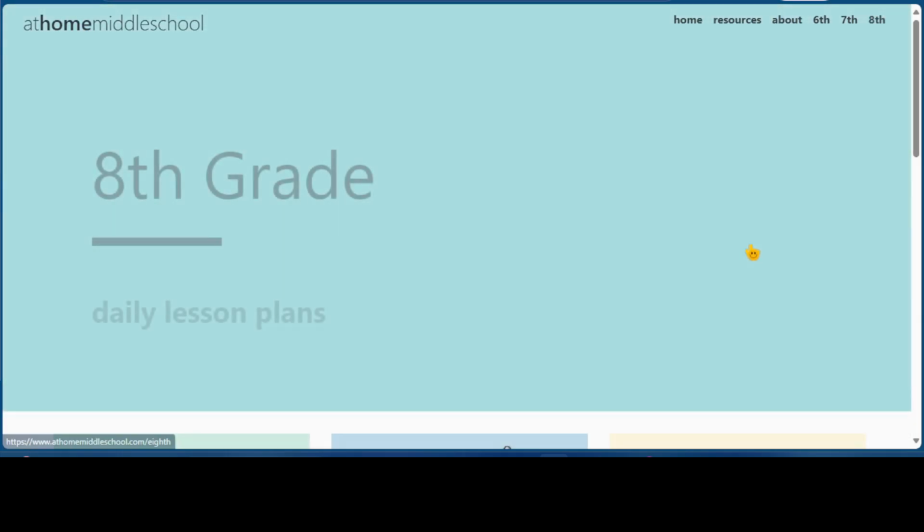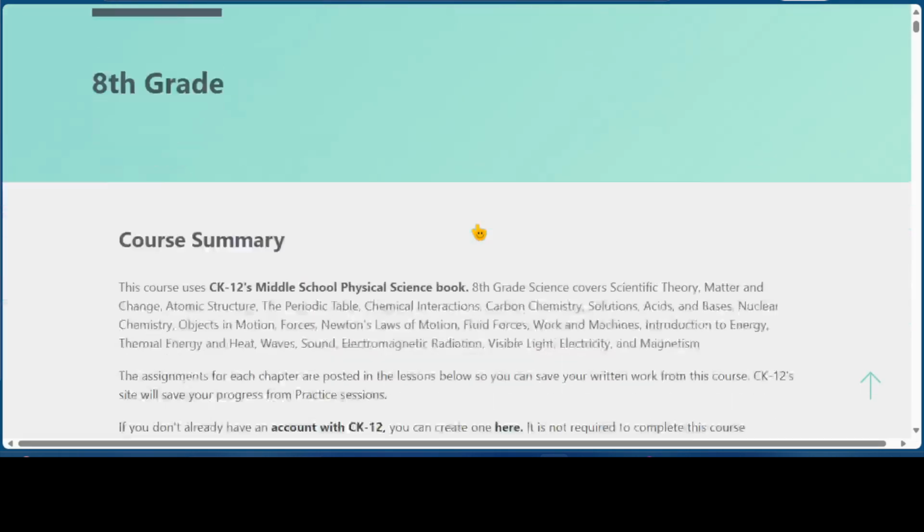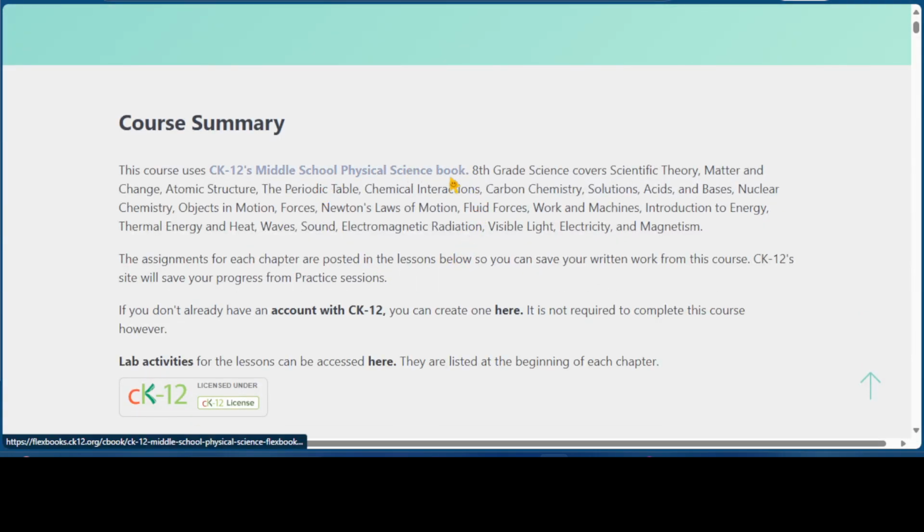One last grade level here: 8th grade. We will go to physical science in 8th grade. Remember, they are using the CK12 middle school physical science book. You will see all the topics covered for physical science. So: scientific theory, matter change, atomic structure, the periodic table, chemical interactions, carbon chemistry, solutions, acids, bases, nuclear chemistry, objects